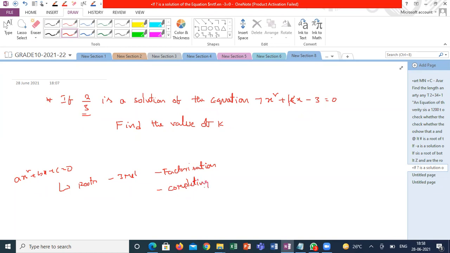Completing the square method. The last one is the application of the formula method. Just applying a formula. We are creating a formula for the roots. And the last topic is word problems and relation between the roots. I will tell you. It's a simple topic only. Only thing is more practice is required from the numericals point of view.